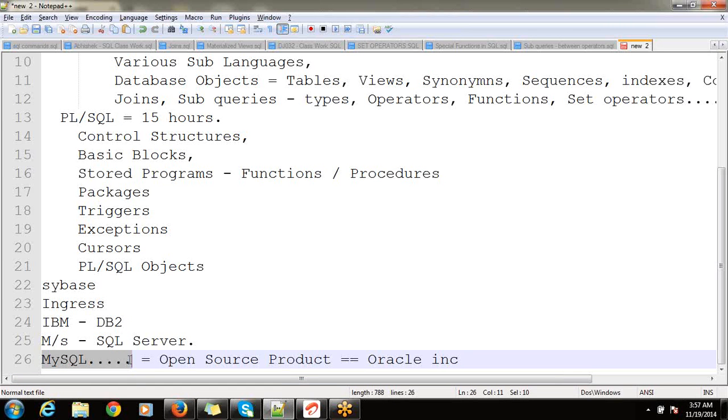So currently the open source product, MySQL, a relational database management system, is from Oracle company. Yes. So that's a small introduction about Oracle database.